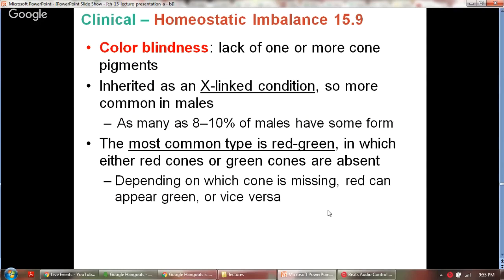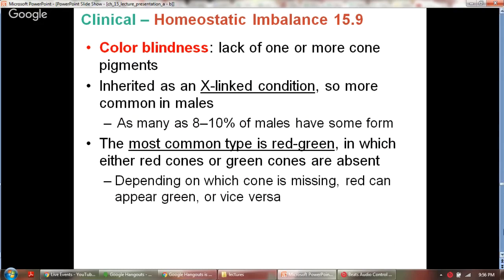The clinical scenario related to photoreceptor transduction and color vision would be color blindness. Lack of one or more cone pigments leads to color blindness. It could be an inherited X-linked condition, so it is more common in males. As many as 8 to 10% of males have some form of color blindness. The most common type of color blindness is red-green, in which either red cones or green cones are absent,